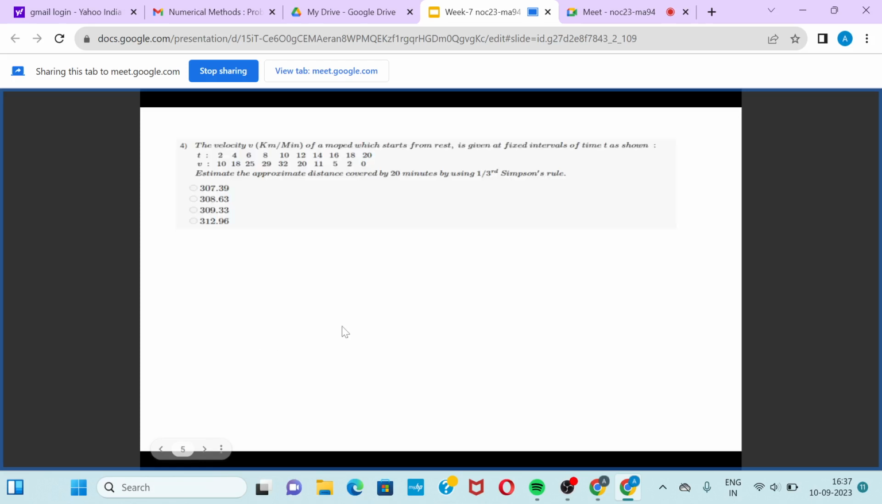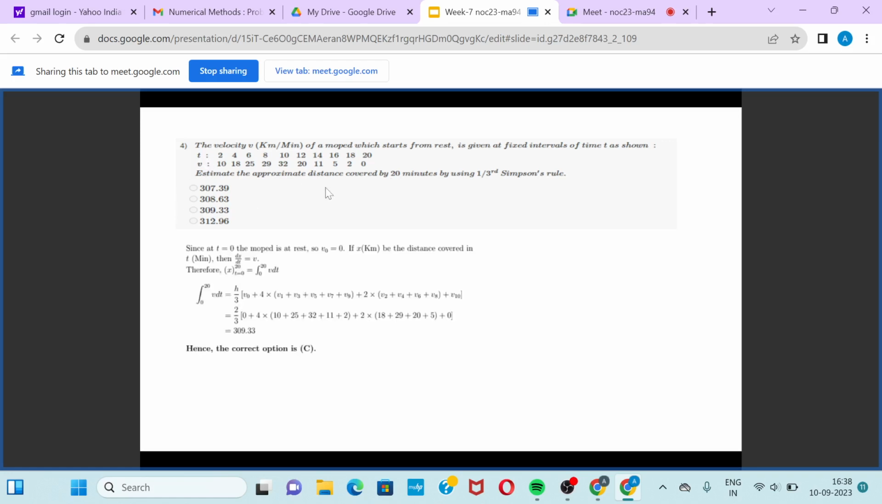Now, the next question was we have to find the velocity v, in kilometers per minute, of a moped which starts from rest, given at fixed intervals of time t as shown. Now you have to estimate the approximate distance covered in 20 minutes by using Simpson's 1/3 rule. So we have been given time and the corresponding velocity, and we have to calculate the approximate distance covered